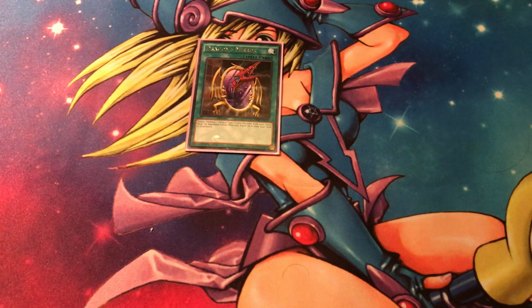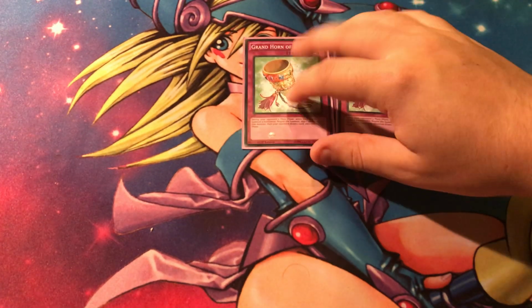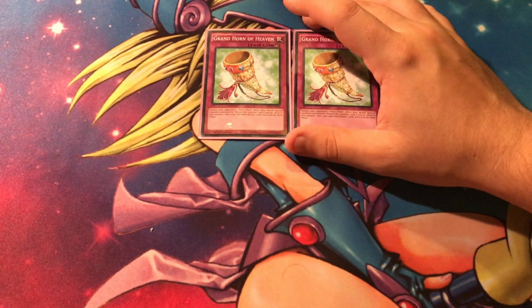And last but not least, the Trap Roundup. Whoa, what are you doing there? Oh, you want to stay on the field, don't you? Nah, we want to see Dark Magician Girl. That's what we want to see. Wait, no, I negate her summoning by activating Grand Horn of